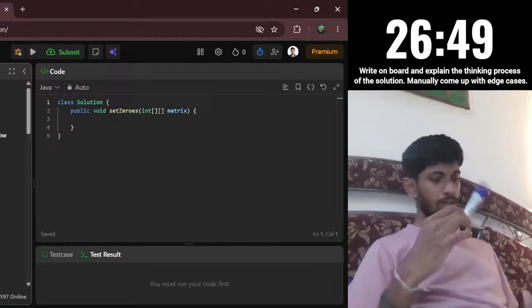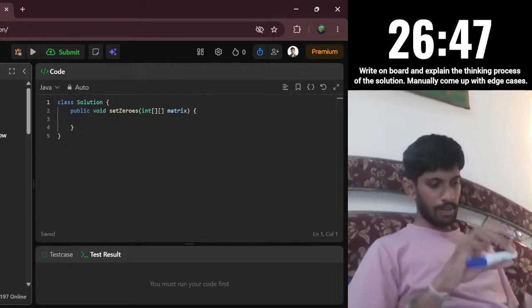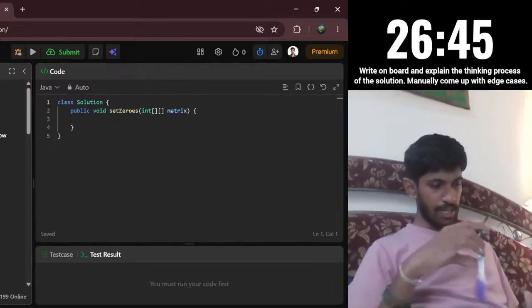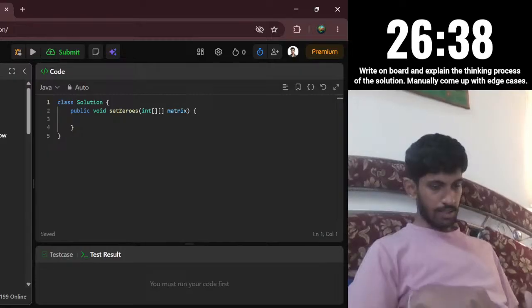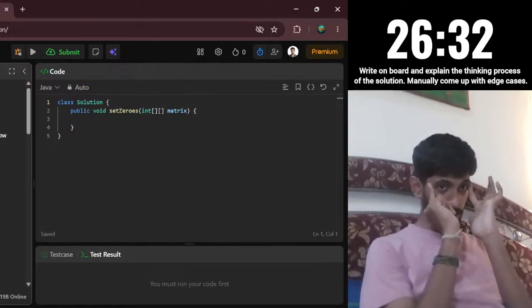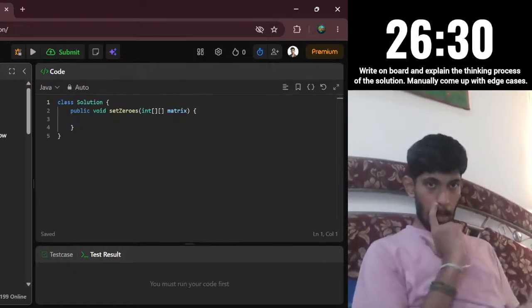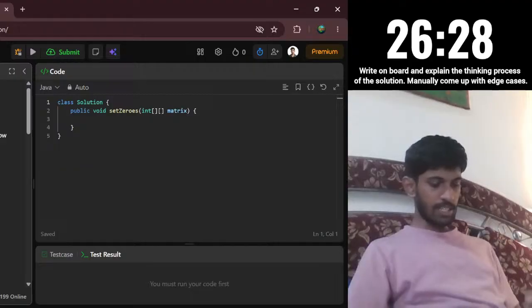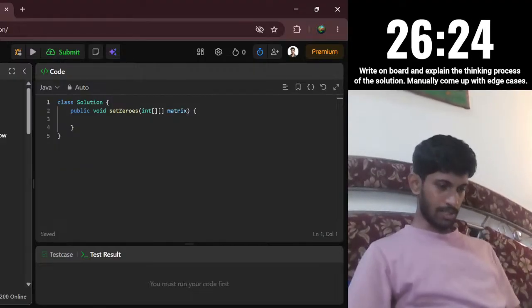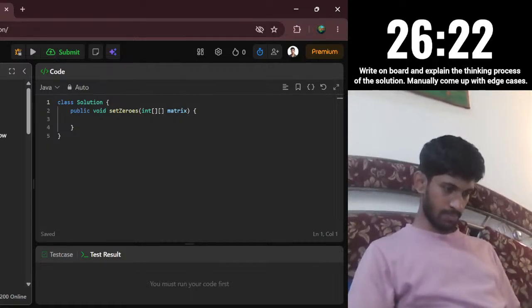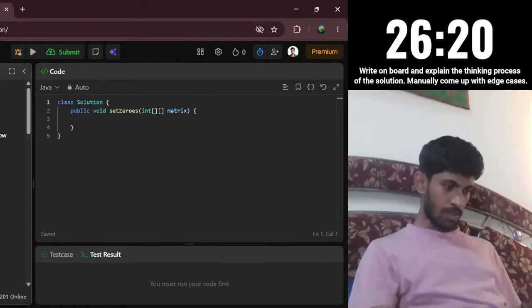If we store a row number as a key and then column number as value, then also if we want to access the column number, the internal implementation of hash map will take O of n time just to get the value or just to check whether the value exists or not. So that is not a,